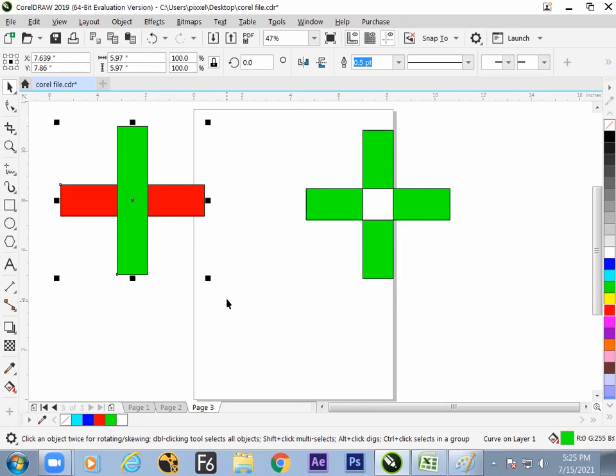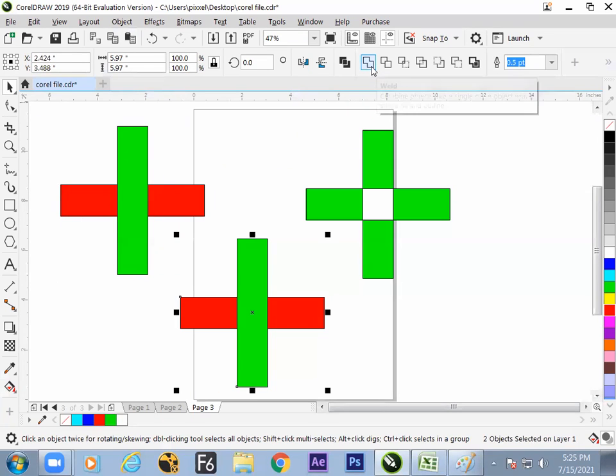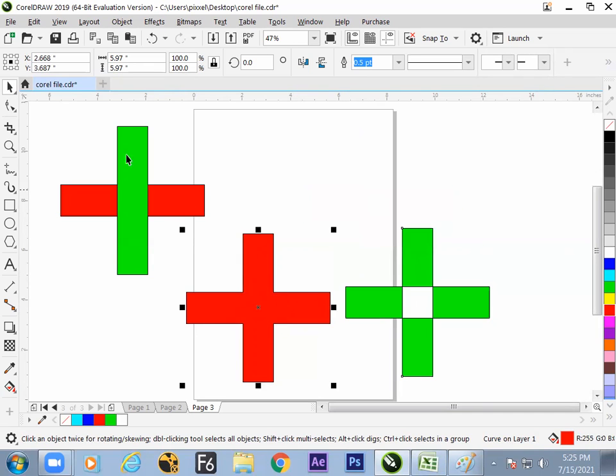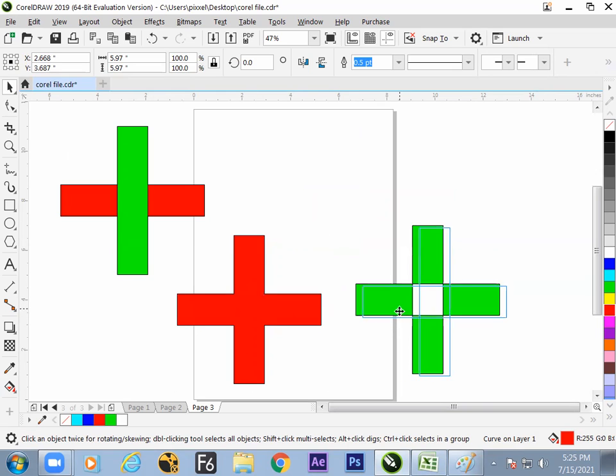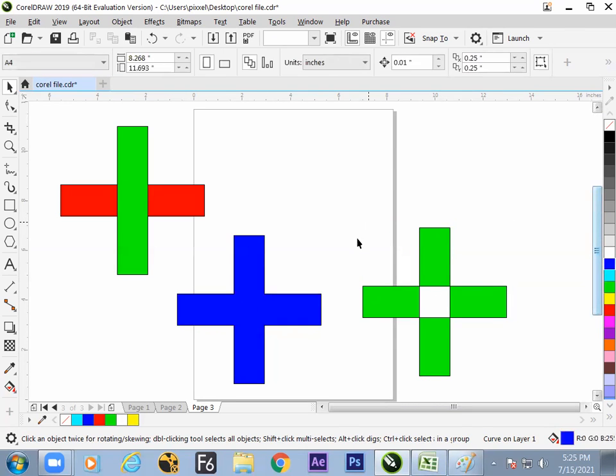Now we'll be learning the next operation. Check the screen. The next is binding, welding. In welding, what happens? The total shape turns into a single shape. So find, these are two operations. This is the input, this is the output. This is the combine operation and this is the welding operation. In both ways, multi-object turns into a single object with single properties. But here we find the common area becomes transparent. Here overall everything turns into a single object.